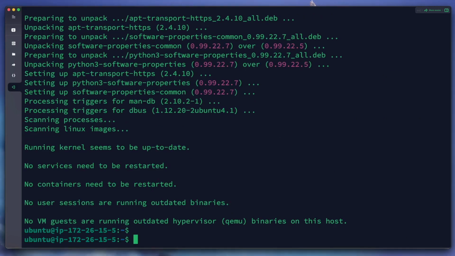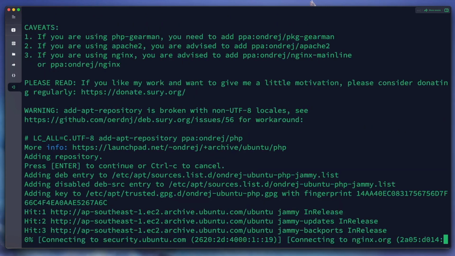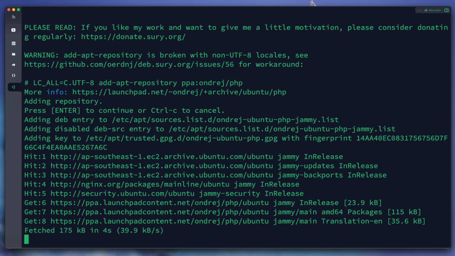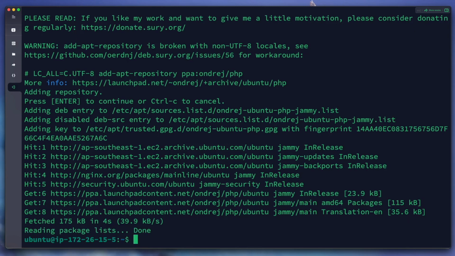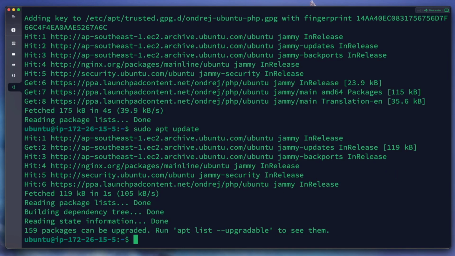Okay, the second one is we add a repository from ondrej/php to add this repository in our server. We hit enter for agree. Next, we update to read from our PPA, this one, ondrej/php, and after that we can install PHP